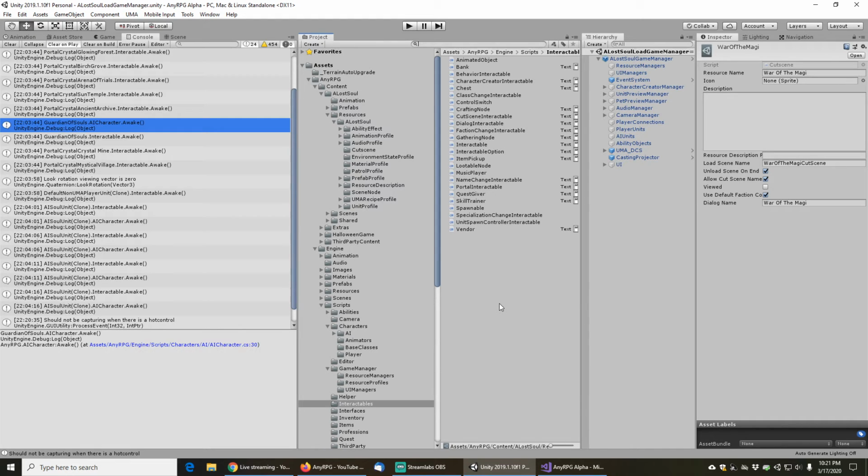So let's see what I want to do. There's a couple ways I could actually load this cutscene. One of the ways is I could stick a camera in the scene, attach the AnyRPG cutscene controller singleton to it,